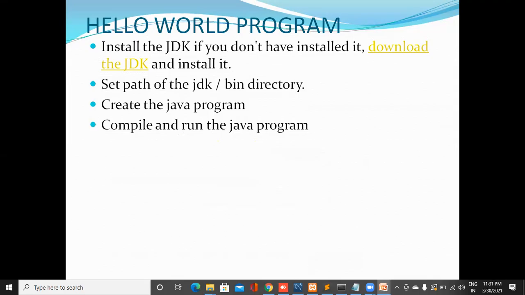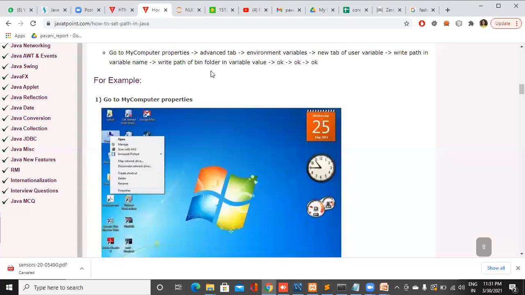Then set the path of the JDK bin directory and also the JRE bin directory. Then create the Java program, compile and run it. Now I will show you how to set the path for JDK and JRE. First you go to My Computer Properties, Advanced tab, Environment Variables, then the New tab of User Variable,